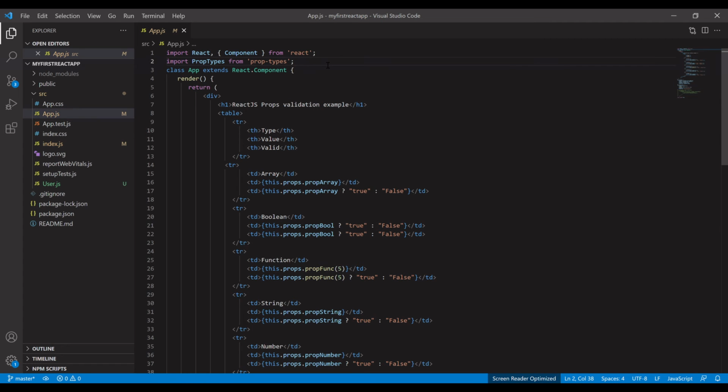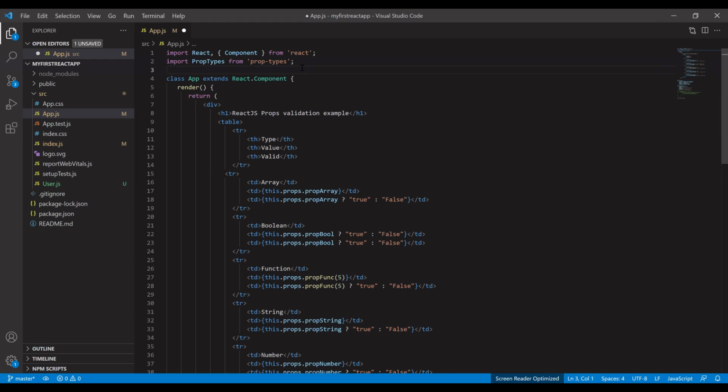We have taken two imports, and PropTypes we are giving here. In PropTypes, what you have to do is use it from props, and then we have to pass PropTypes. This is also a predefined module in the npm JavaScript field, and we have to import this and then use it. Okay, so in this example, we have an App component, and we have a render method, and the render method contains one return, and the return contains one HTML div element or a fragment. From there we will display this data in the UI.